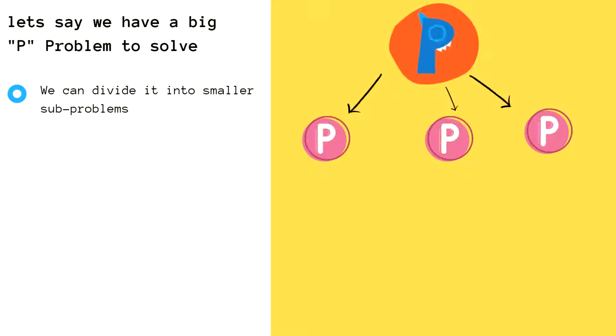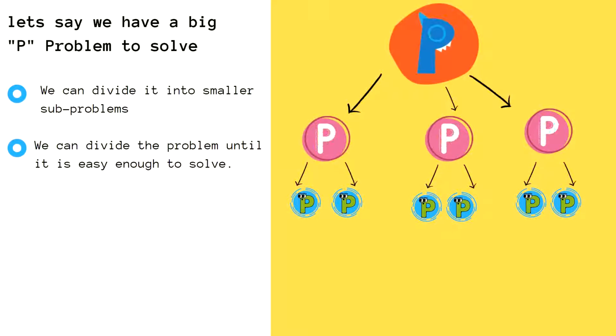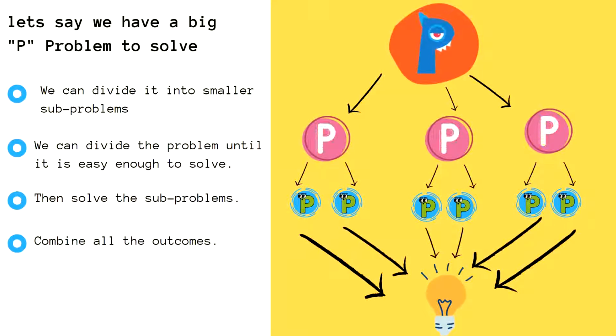For example, let's say we have a big problem P to solve. Now what we can do is divide the big problem into smaller subproblems. Okay, now what if the subproblems are also big and hard to solve? Then what? Well, we'll do the same. Divide the subparts further into smaller problems. Like we discussed in the definition, divide and conquer algorithm breaks down a problem into smaller problems of the same or related type until these become simple enough to be solved directly. Then recursively solve all these subproblems individually, and in the last, combine the solutions of all problems to get the solution of the whole problem.